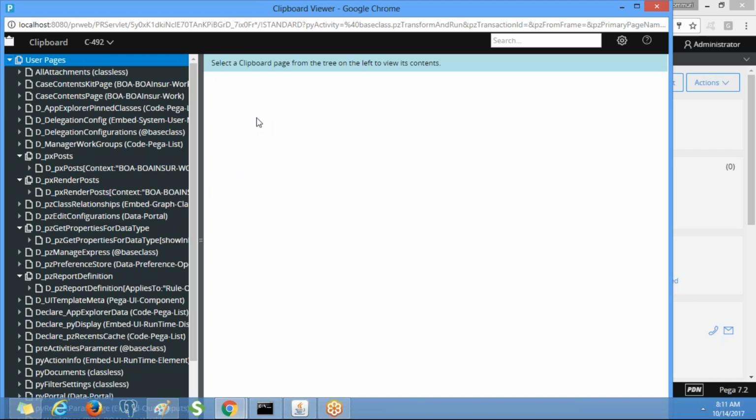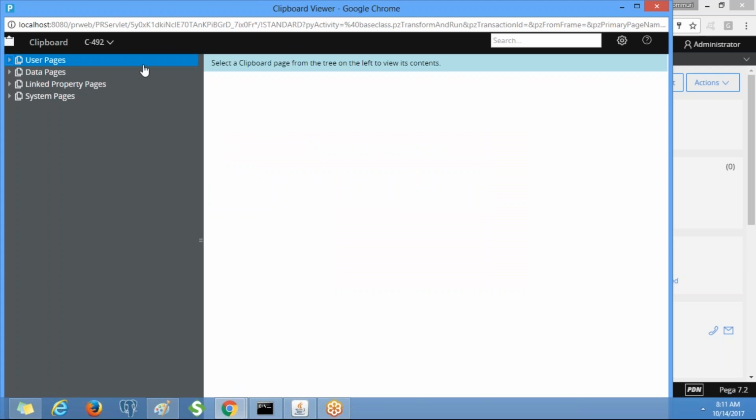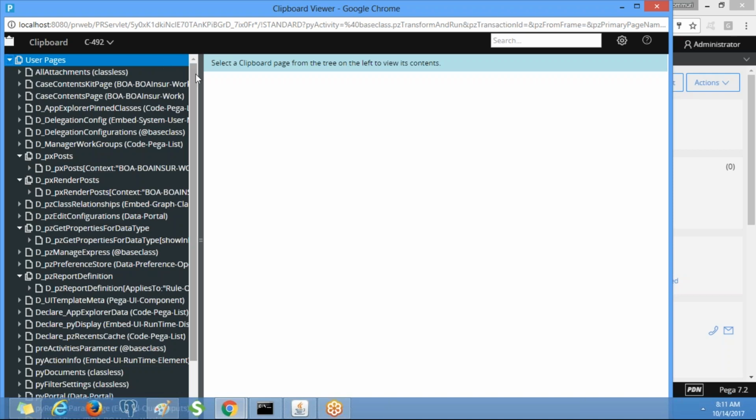The py work page is available under the user pages category. Here we have different categories: user pages, data pages, linked property pages, and system pages. We'll be discussing each category in the coming classes. So expand the user pages category.